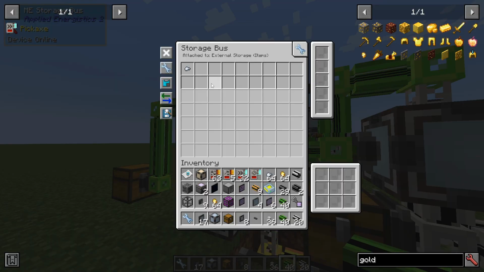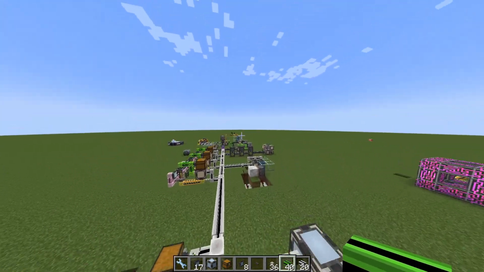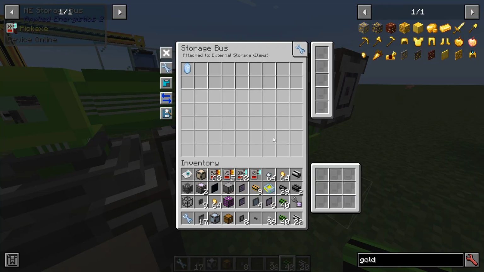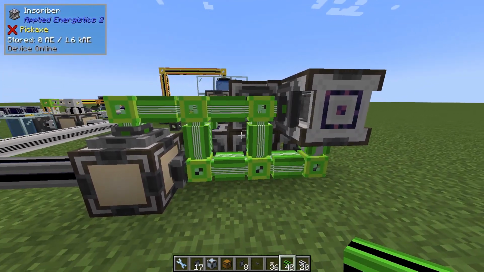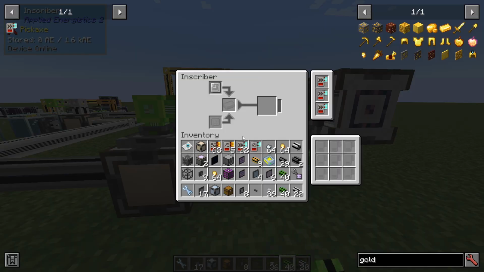So up here, we filter on iron, and we filter on insertion only. This is kind of important, but it's bidirectional. Same thing here, filter on gold, and it's bidirectional. This is the same thing as we did in this build with the processors, if you remember, where we filter it's bidirectional, so the storage bus can extract items from there as well. So we can suck items through the storage bus,